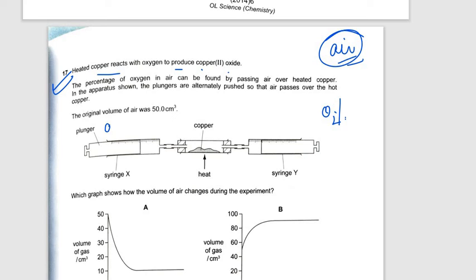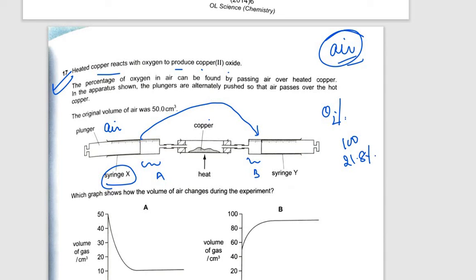So you're providing air here and pushing with the syringe, and it is going here to the copper, reacting with the copper and forming copper oxide. Whatever oxygen is there will form copper oxide, and the remaining gas will enter here. As you can see, the volume is decreased here in part B. Why? Because oxygen has already reacted with the copper. So you imagine that if it is 100 cm cube of air you have, it means